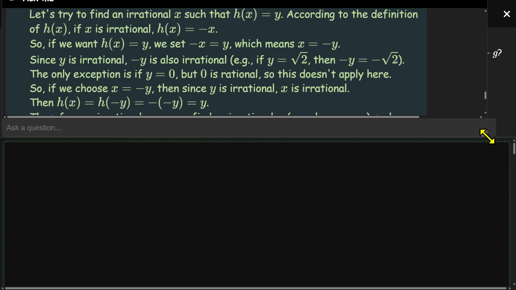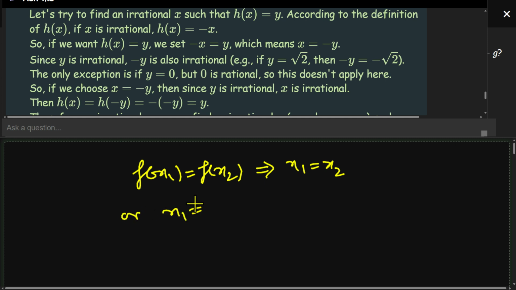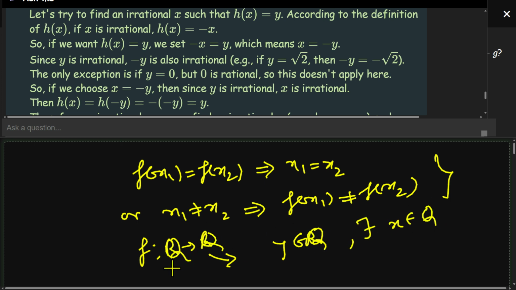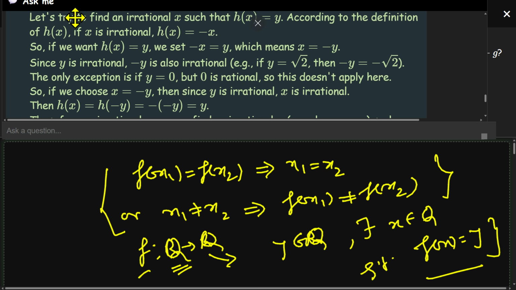एक चीज़ याद रख लेना, वन वन के लिए यहाँ पे अपन क्या कंडीशन देखते हैं: f of x1 equal to f of x2 implies x1 equal to x2, और x1 not equal to x2 implies f of x1 not equal to f of x2. ये वन वन के लिए. ऑन टू के लिए क्या करते हैं, जैसे फंक्शन है R to R, for every y belongs to R. जैसे यहाँ पे Q लेते, Q है ना, इस एग्जाम्पल में Q to Q, y belongs to Q लिया, so there exists x belongs to this Q, ये दो नंबर, such that वो जो f फंक्शन है, f of x equal to y होना चाहिए, ये ऑन टू के लिए करते हैं, ये वन वन के लिए, अगर दोनों आगे मतलब वन वन वन टू। नेक्स्ट